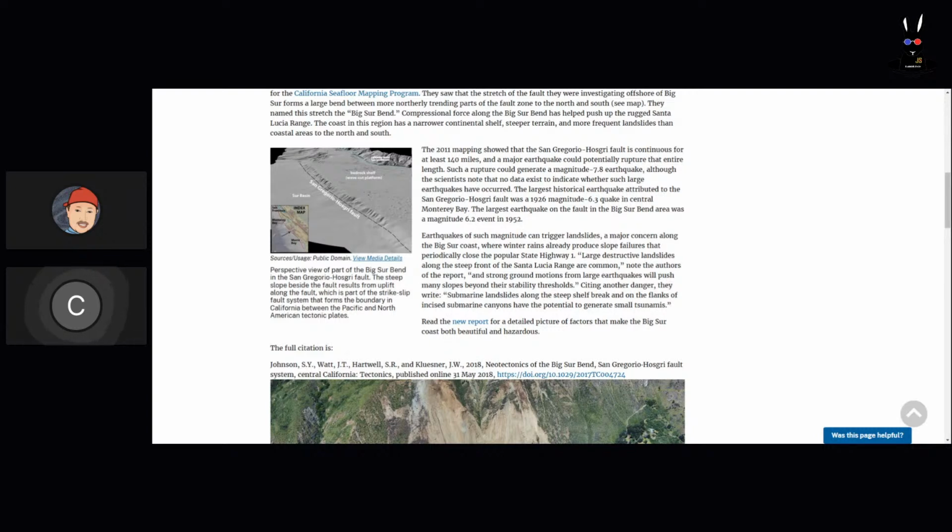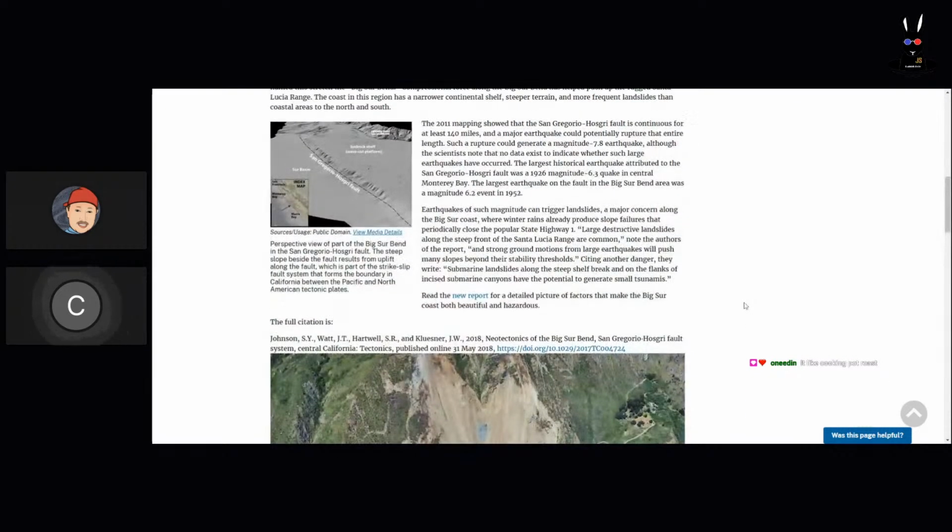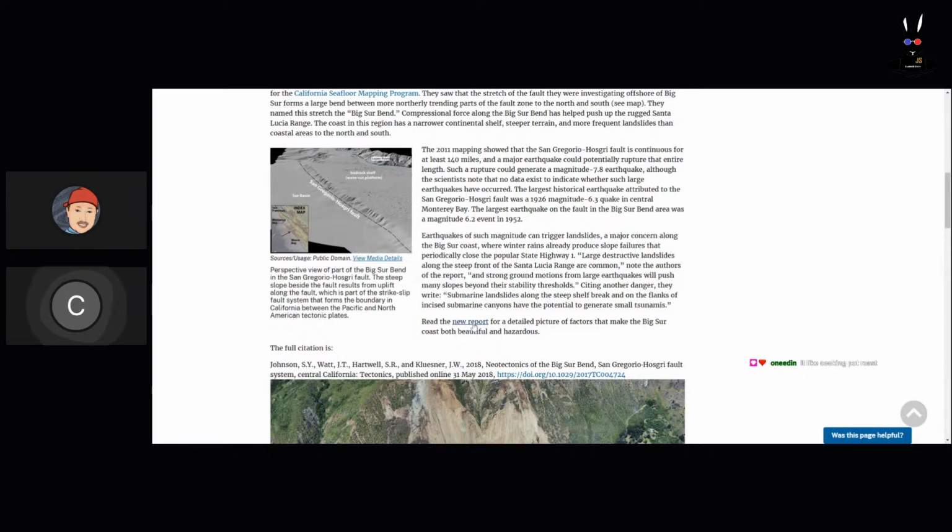Large destructive landslides along the steep front of the Santa Lucia Range are common, note the authors of the report, and strong ground motions from large earthquakes will push many slopes beyond their stability thresholds. Citing another danger, they write, submarine landslides along the steep shelf break and on the flanks of the incised submarine canyons have the potential to generate small tsunamis. And then it says, read the new report for detailed pictures of factors that make Big Sur coast both beautiful